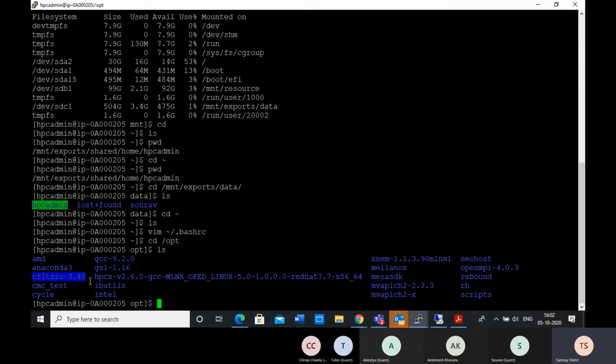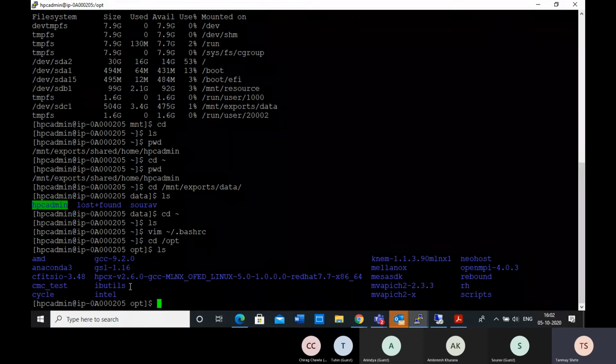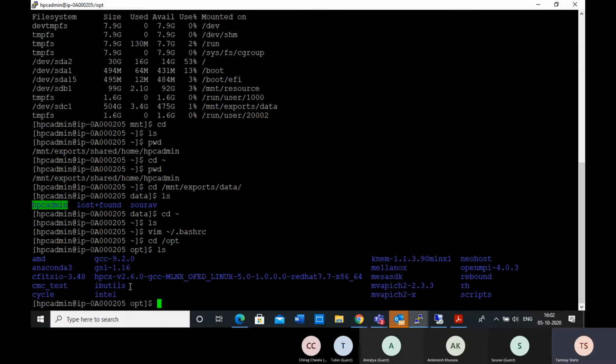For example, CFITSIO is available, GSL is available, and all. So everything is here. Even CMC test is like a user entity. It's not a library as such, but we still kept it here as compiled code, so you can copy that code to your directory and run it. So this is the directory there.